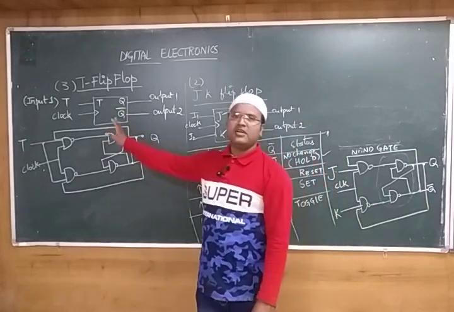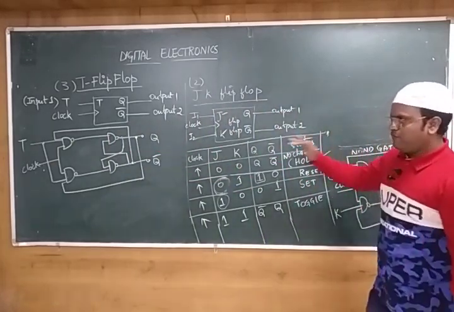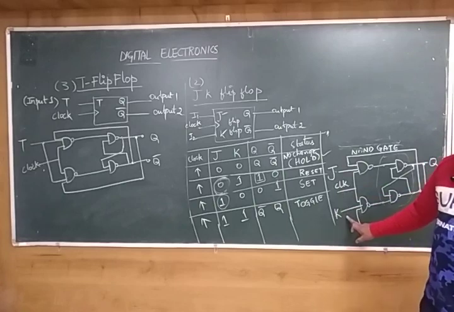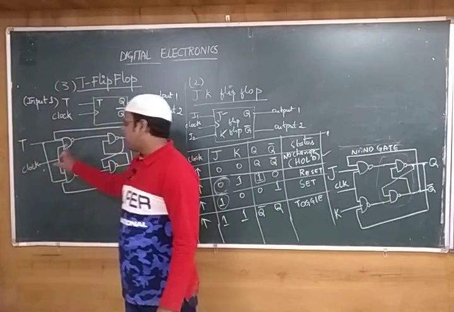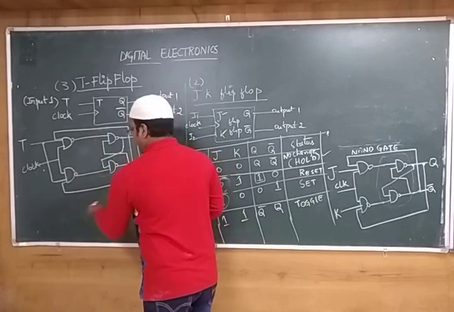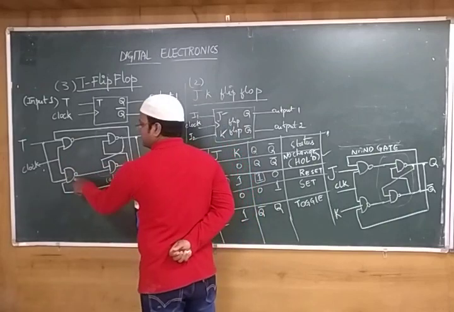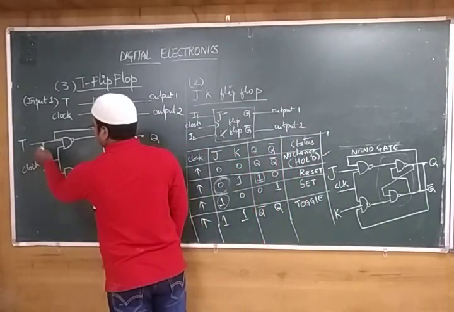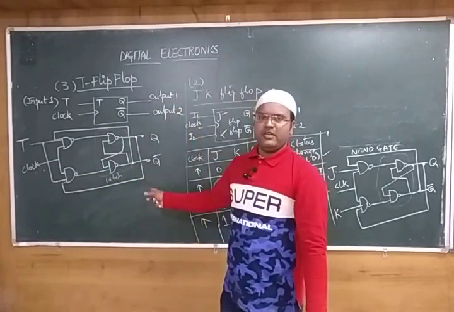In the T flip-flop, we do have a truth table also, but you should understand the difference between the JK flip-flop and the toggle flip-flop. In JK we had two inputs, right? These two, J and K, we short circuit and make a single input T, and we give the clock pulse. This is the latch we had, the common NAND gate latch. When we pass it to these two NAND gates by giving the clock pulse, it becomes the flip-flop. Next, we make the short circuit of J and K and give one input T, the toggle state. Its working and truth table we will see in the next class.